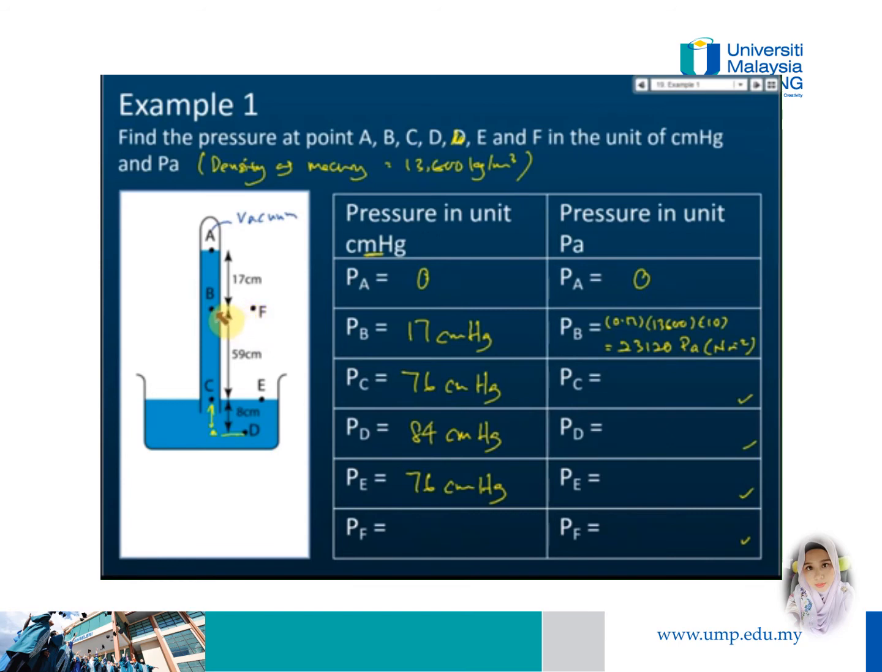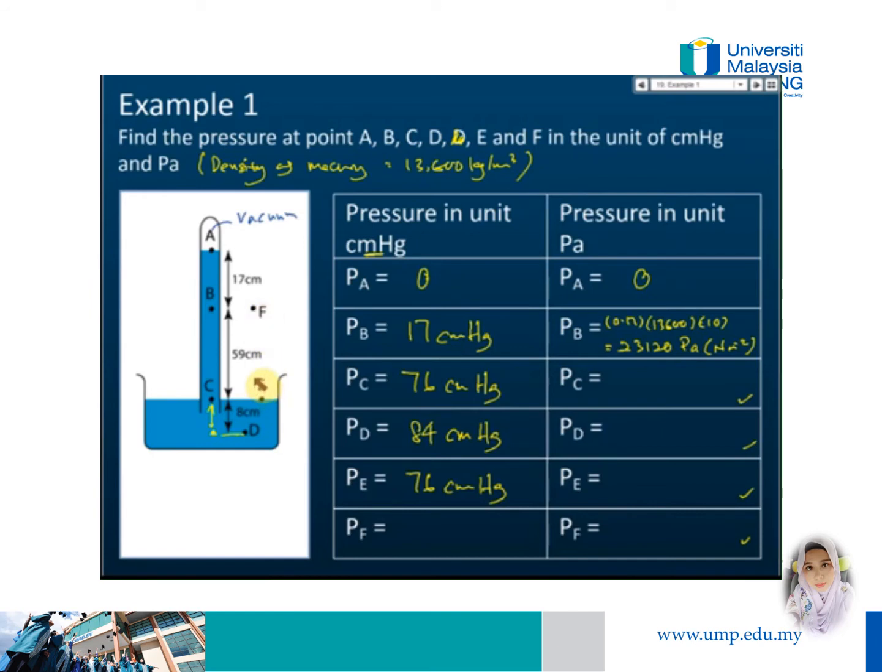Because same level for same liquid means the pressure is the same. But this is not the same liquid. This is in the air, this is inside the liquid. So even though they are at the same level, their pressure should not be the same. Same level, same pressure only applies to the same liquid. This point and this point, yes, on the liquids, but this point and this point cannot. It cannot be 17. And this point and this point, the distance is very close to each other,